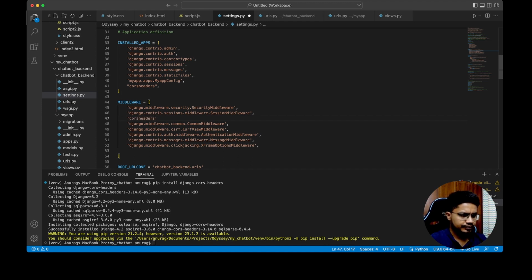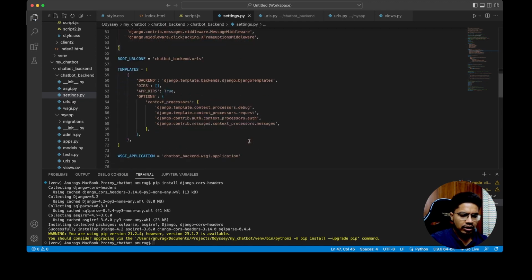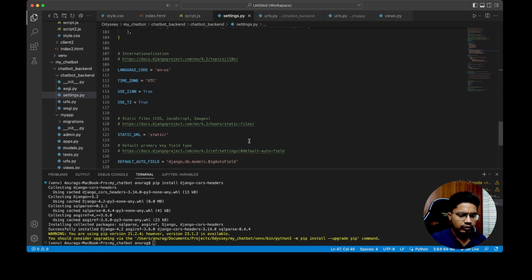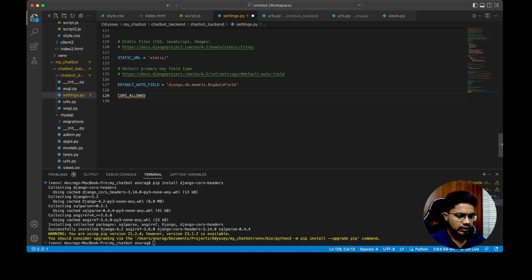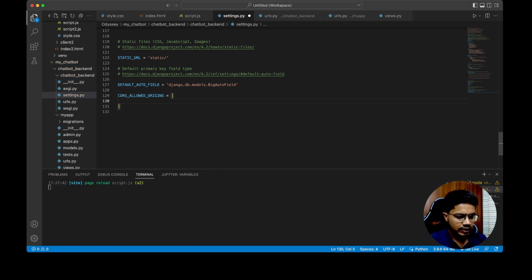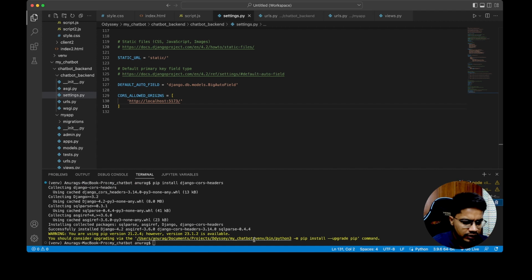We want to put this middleware also a little bit on the top, so we're just going to put it here: corsheaders.middleware.CorsMiddleware. Okay, seems good. Also, we want to include what all websites we want to allow, CORS allowed HTTP. Yeah. Okay. So now if we run the server again,